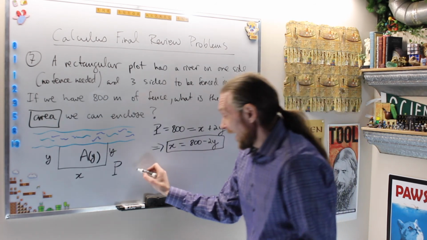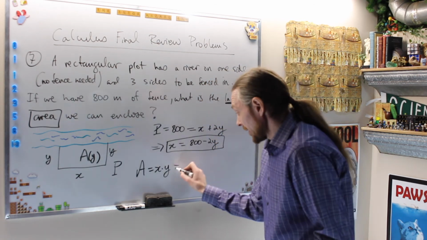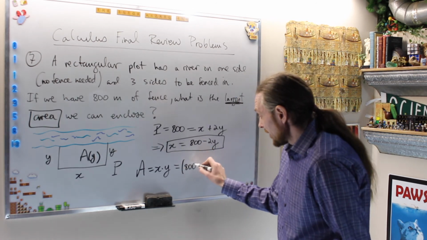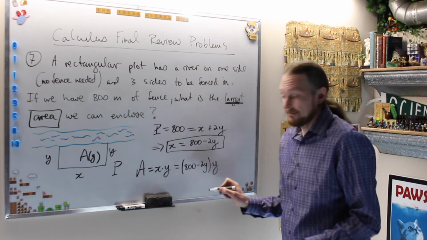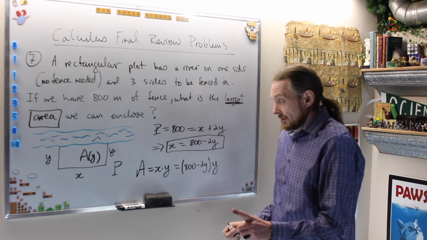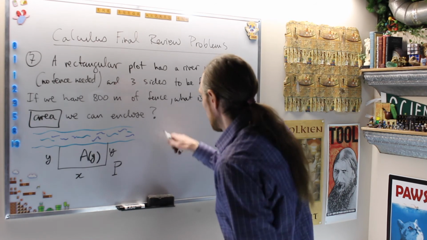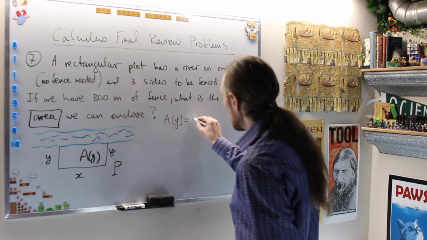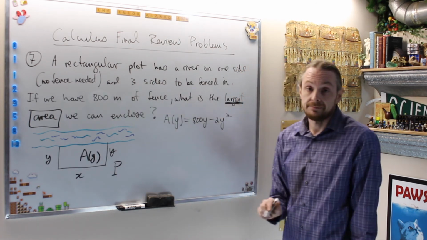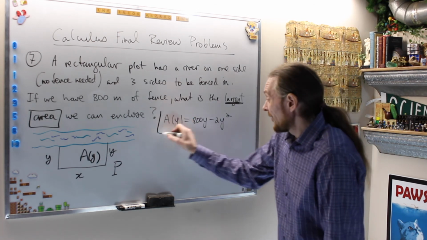So let's do that. The area is x times y, and that will tell me that the area is, what was x? X was 800 minus 2y times y. This now gives me an area of a function of 1 variable. Let's write that down. The area of y is equal to 800y minus 2y squared. What do I do with that? Now I have a function